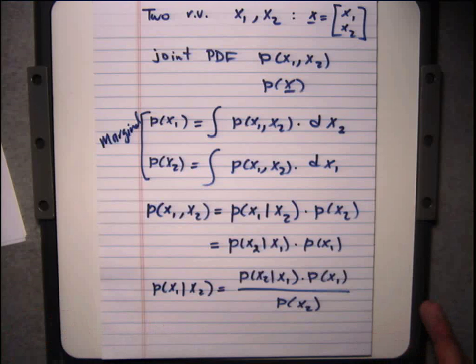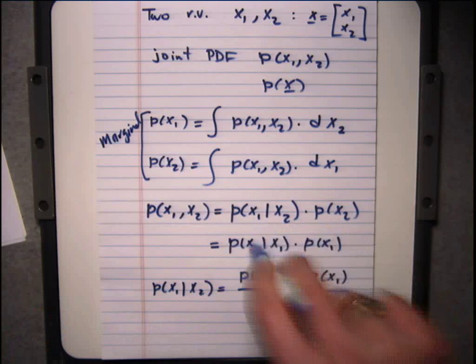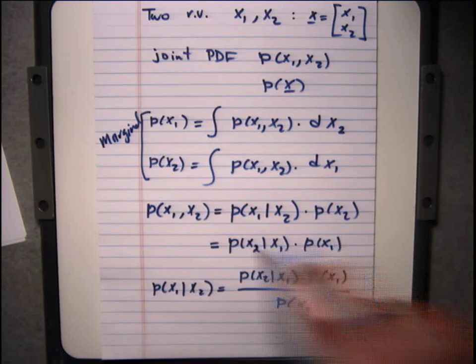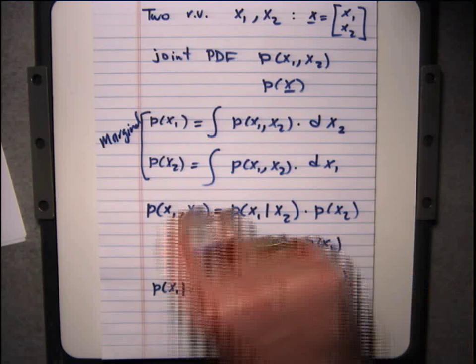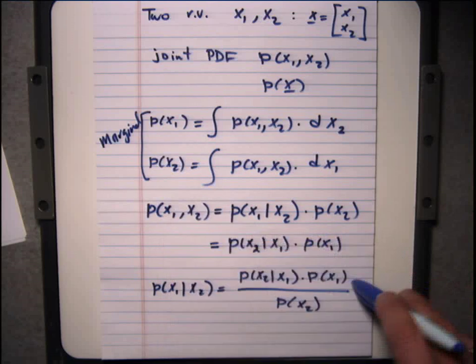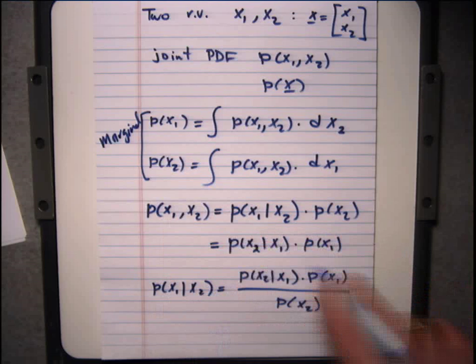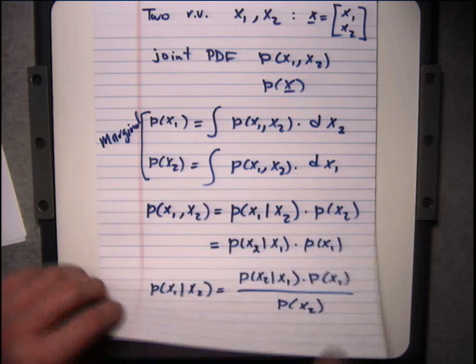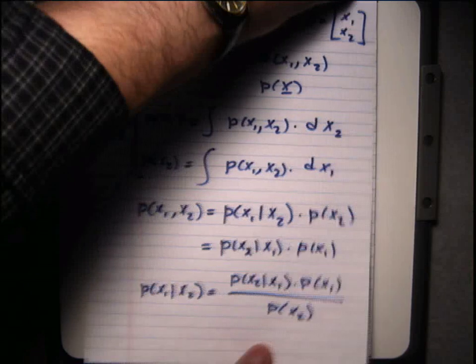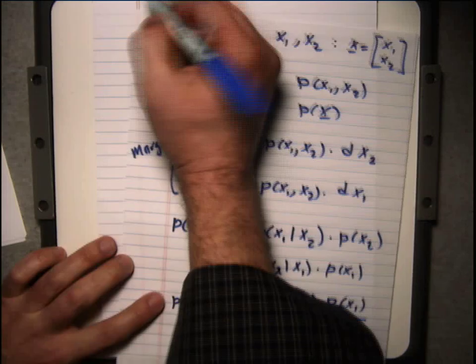So if you want the conditioned densities in terms of the joint density, you can now take this numerator, and that numerator, of course, is going to be this P of x1, x2, and you can put that in here. What that shows you is that you can take the conditioned density and write it in terms of the joint density, or the other way around. So it's a very useful trick to be able to use in terms of solving various types of problems.